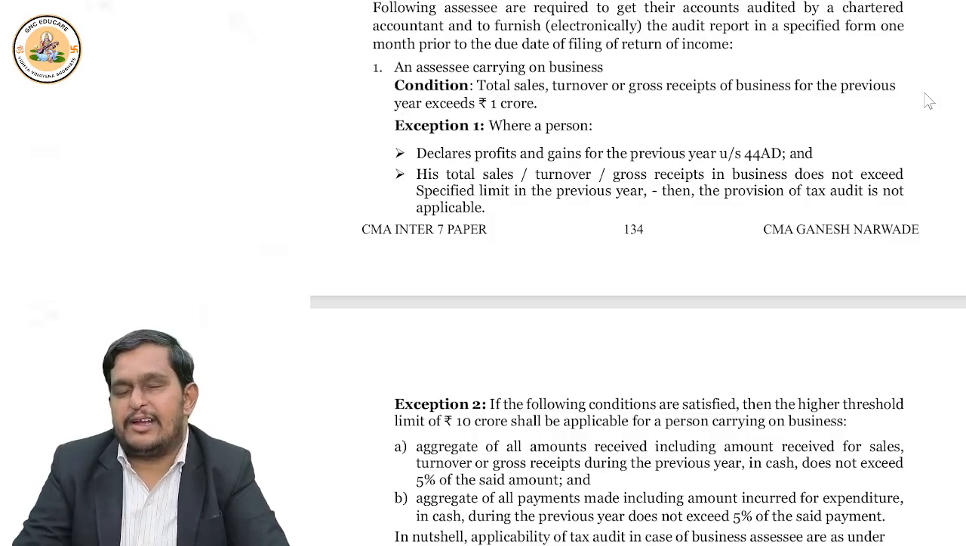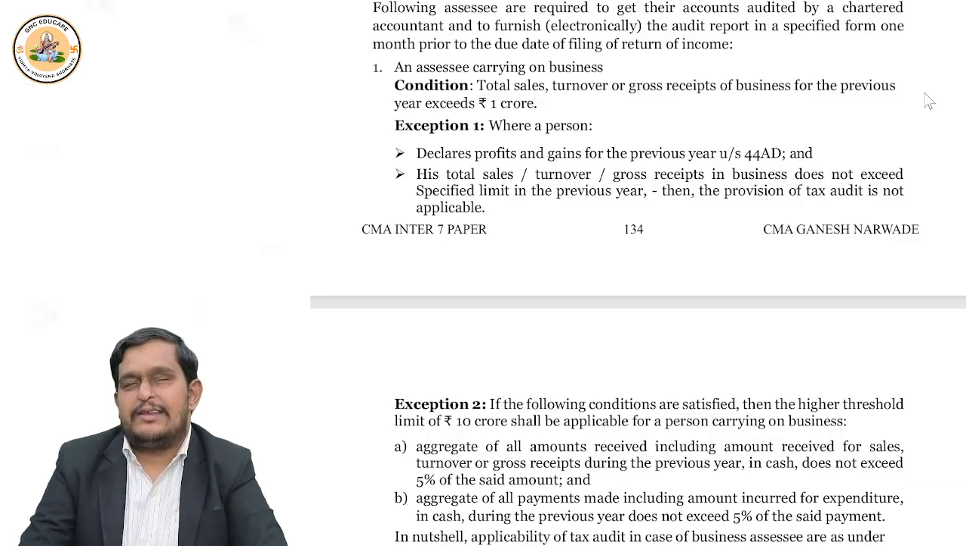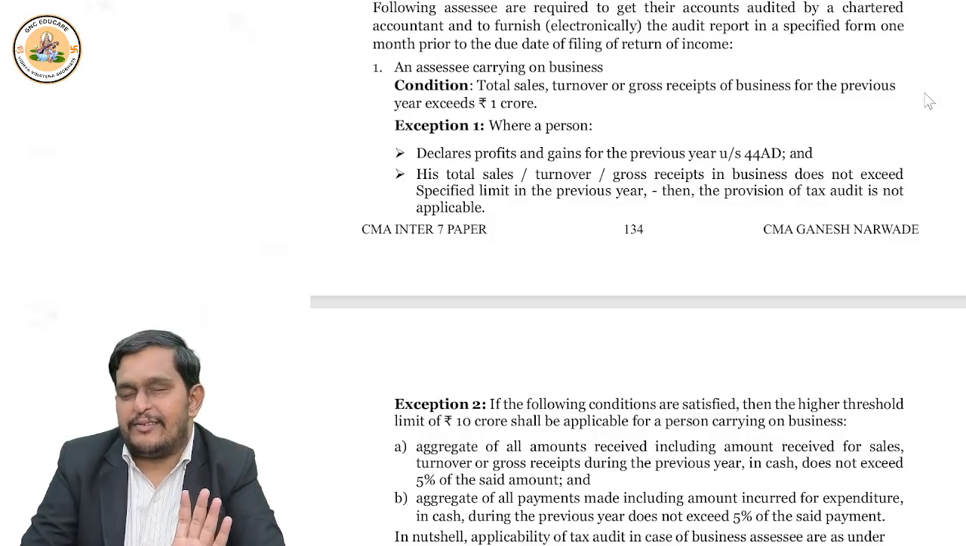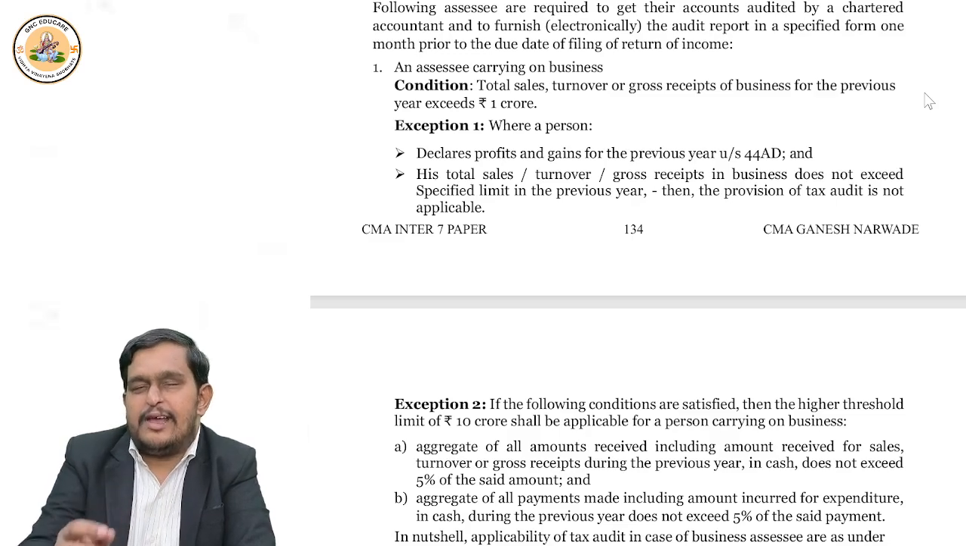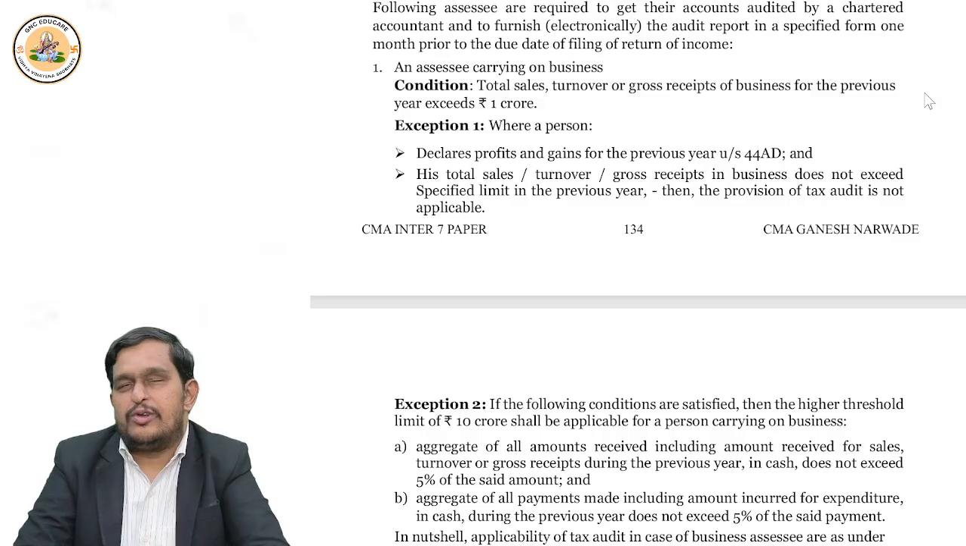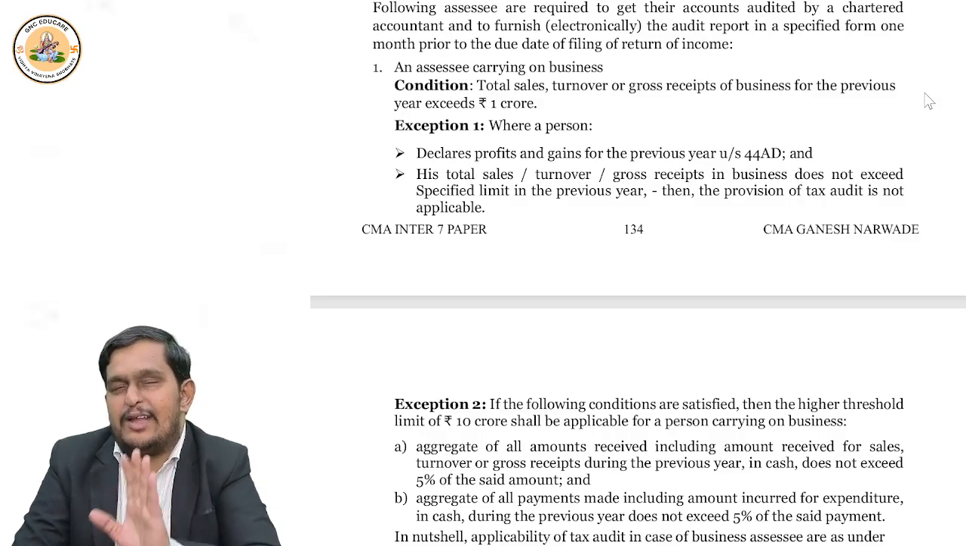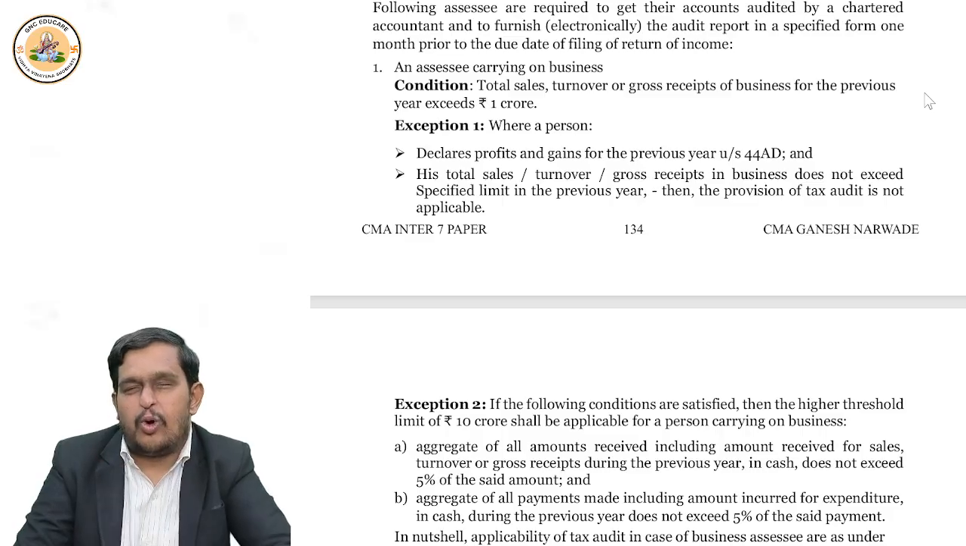The next story says, concentrate and try to understand what I said. First, the business assessee we discussed. What we said, generally if his turnover is 1 crore or more, he has to do tax audit. Less than 1 crore, no need to do tax audit. Second point, if cash receipts and cash payments both don't exceed 5% of the total receipts or total payments, in that case,